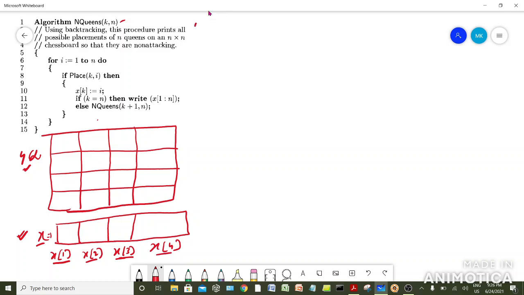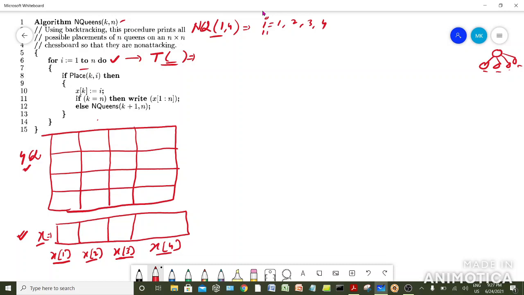So the first call to the algorithm will be made using n queens(1, 4). Now this for loop will be executed. This for loop is actually working as our function t, which was generating the future values. So the future values means we are sitting at the root, and we can place the queen in 4 ways here. So t will generate these 4 locations. What exactly it generated is that for this call i is going to be 1, 2, 3 and 4. Done. So we have 4 options.